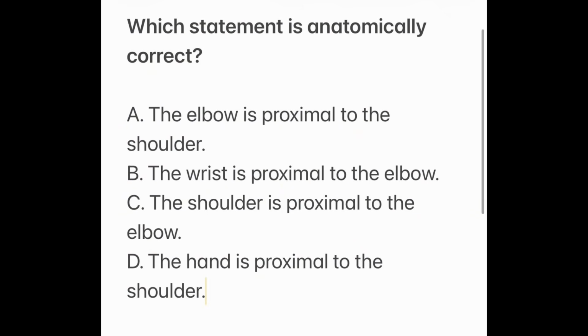When answering questions on this aspect, try to relate with whatever you are reading. Don't just read, try to relate it with your own body. You'll be able to get the answer correctly. As you are reading all of these statements, relate it with your own body. You see that it will make more sense to you, and definitely you'll be able to understand whatever you are studying if you are studying your textbooks. So all these things are easy, they are not hard at all.